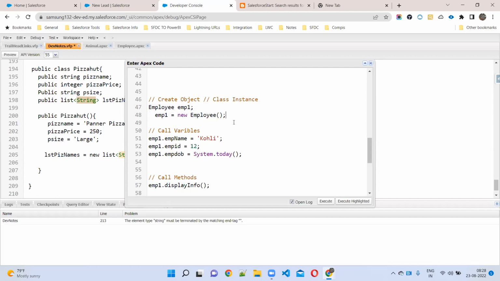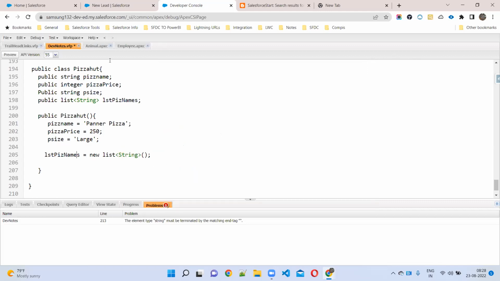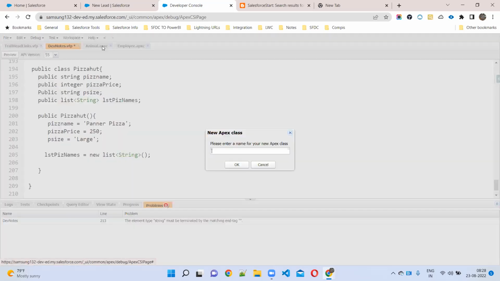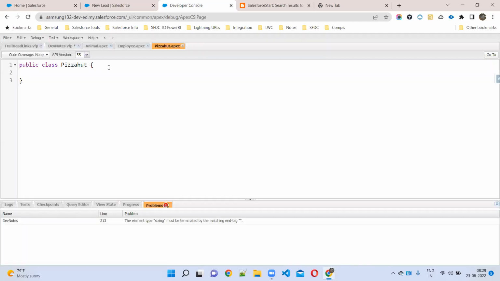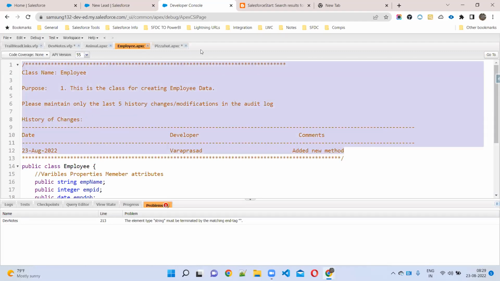Understand? Yes sir. You can do it in a single line also, or you can do it separately, wherever you want to allocate memory. There also you can allocate. Okay sir. Yes sir. So okay, same thing we can do now in our org. I'll create the same class. What's the class name, madam? I'm not using this syntax every time, but you have to use it, sir.